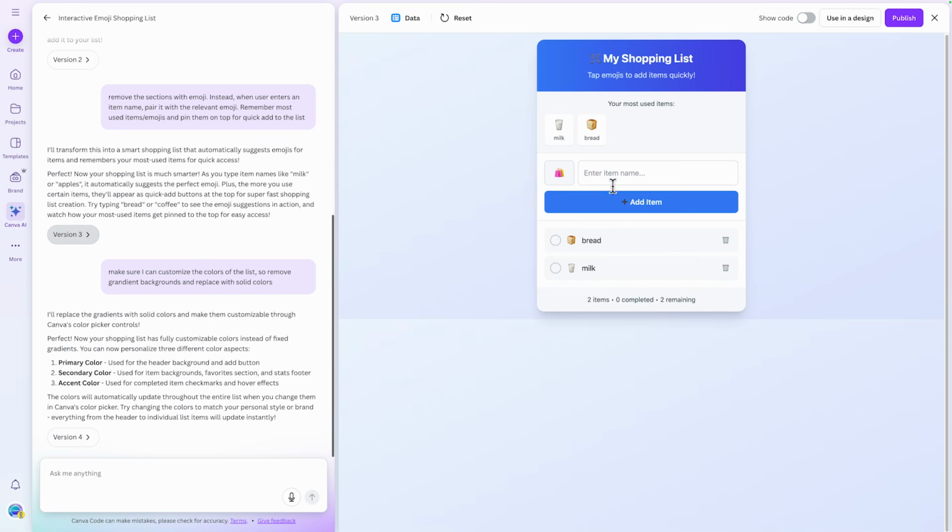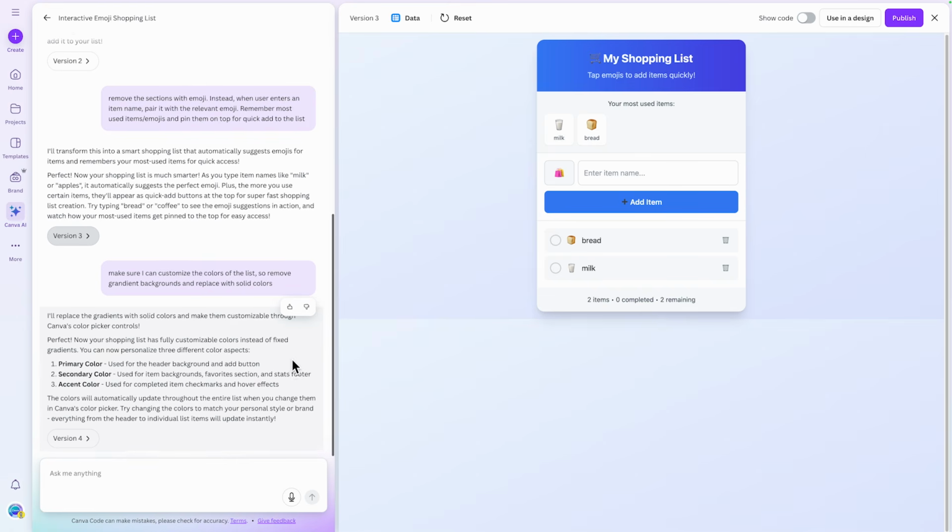specific section of your app, like right here, this button, it has a gradient blue. It's subtle, but it has a gradient in this blue, right? Same thing with the header of my app right here. So by asking Canva to make sure to use solid colors instead of gradients, I thought I could fix this problem. And Canva told me, okay, I replace the gradient with solid colors and make them customizable through the Canvas